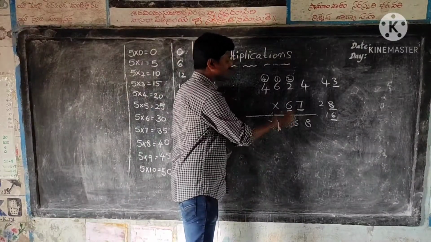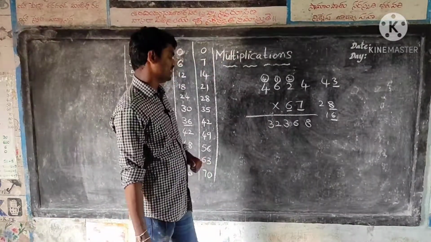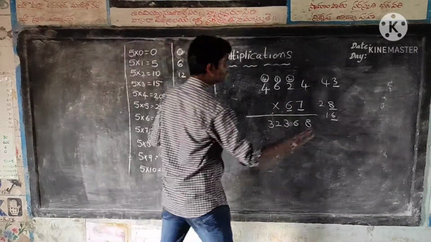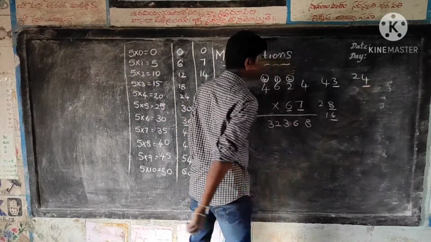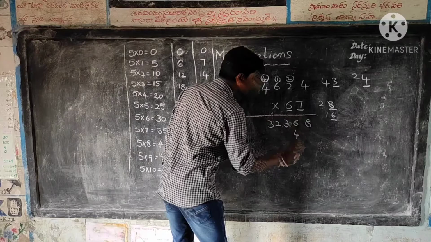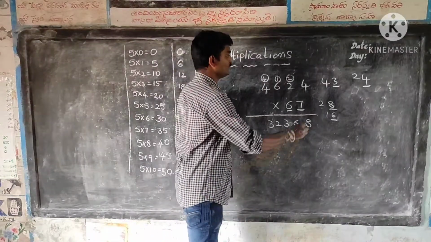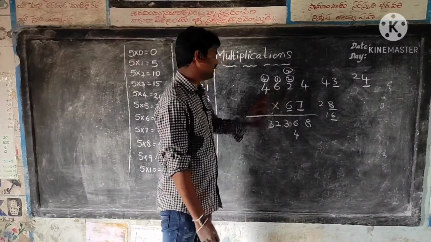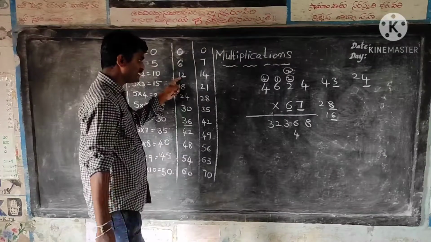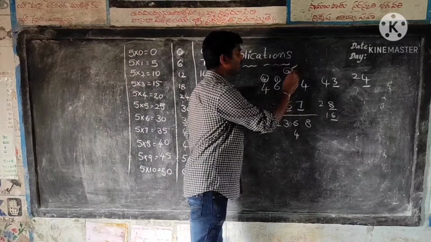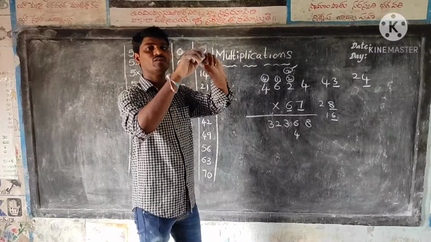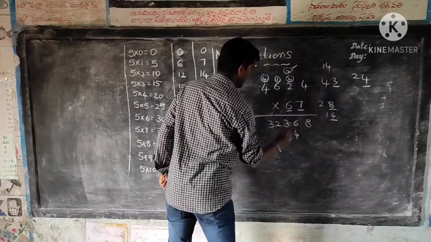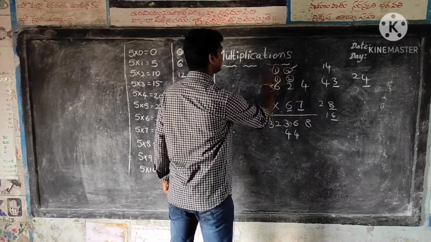Now you take the number 6, the tens place digit. Same way, 6 4s are 24. Now you write the 4 under the tens place digit, then after that you give the carry. Next 6 2s are 12, 12 plus this carry, 12 plus 2, 13, 14. So in this 14 I am writing 4 here, 1 is the carry.